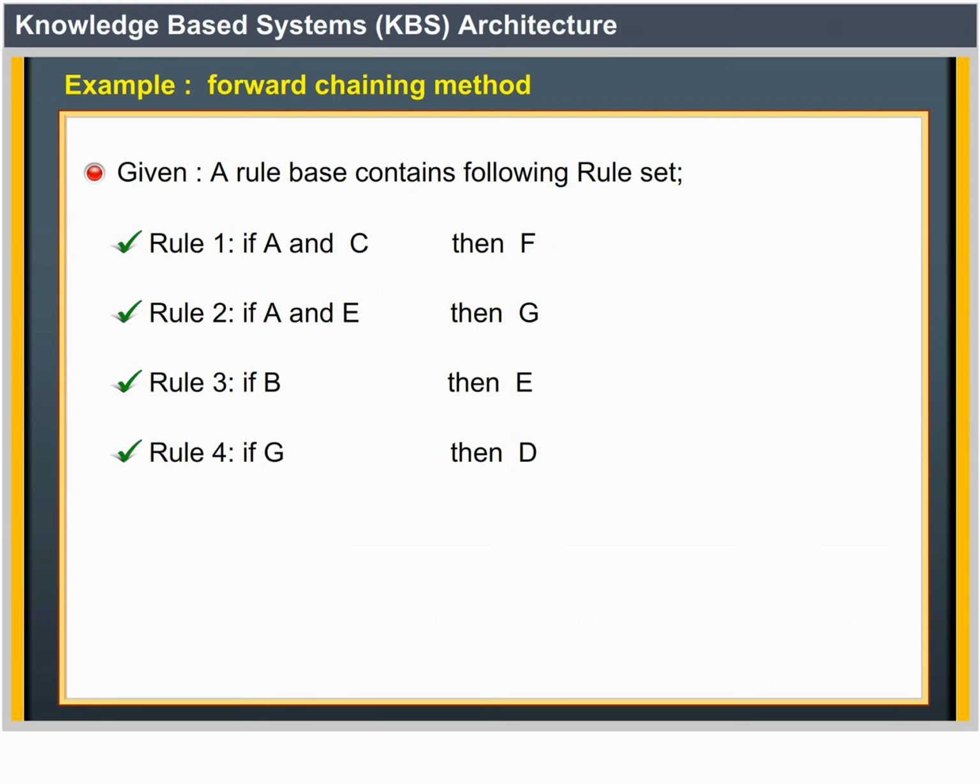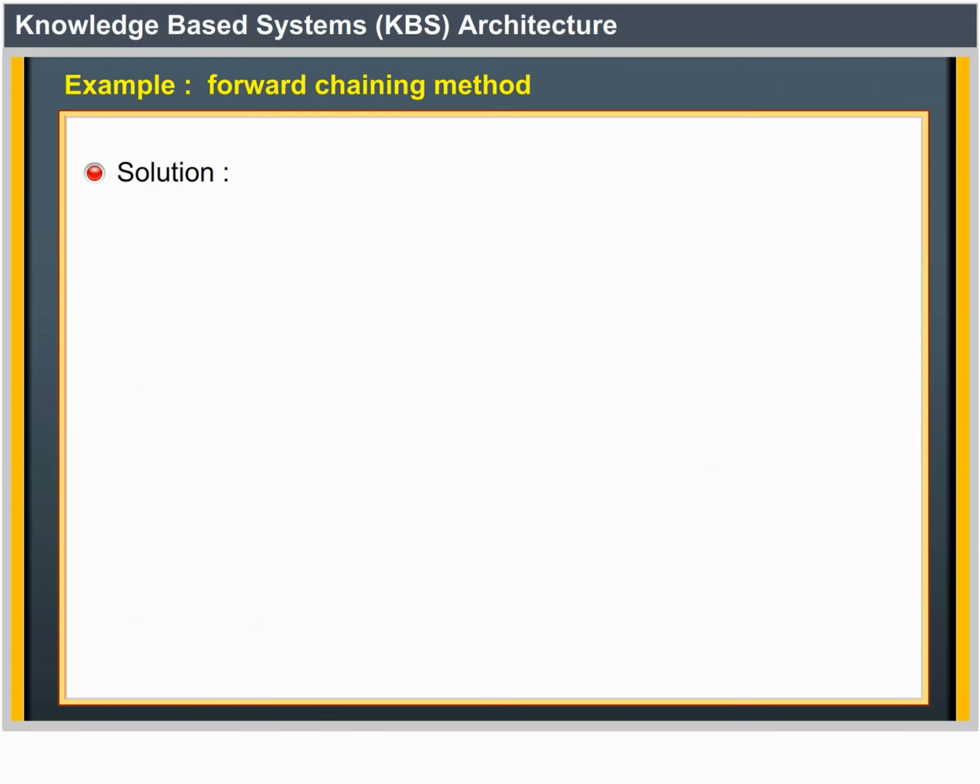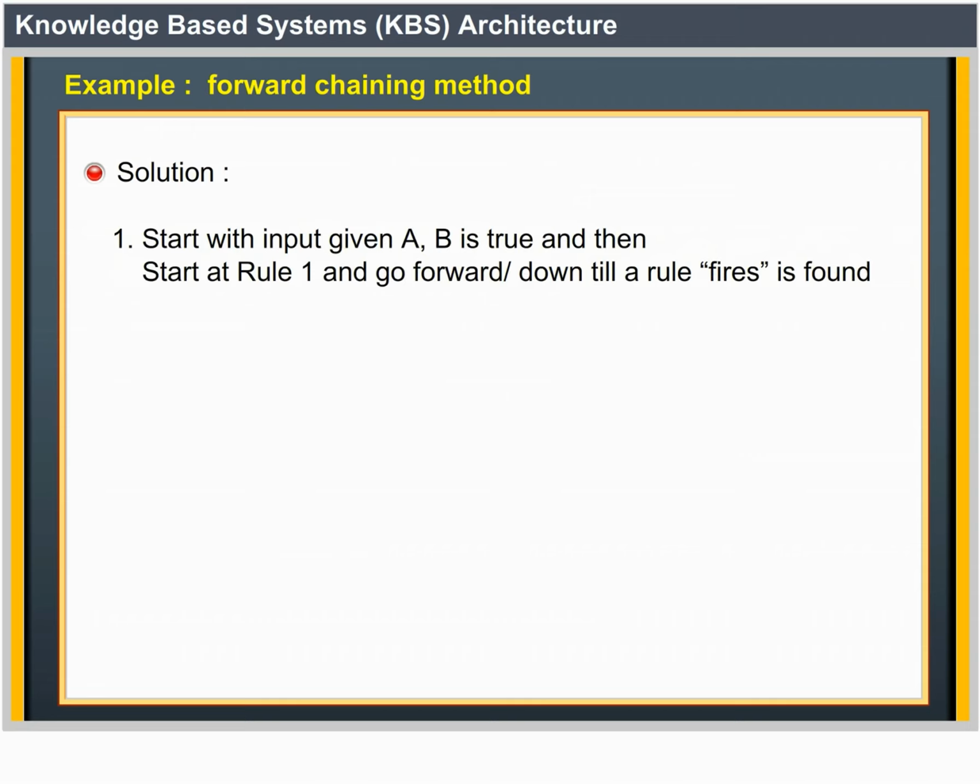If G, then D. Problem: prove that if A and B are true, then D is true. Solution: start with the input given, A and B are true, and then start at rule 1 and go forward or down